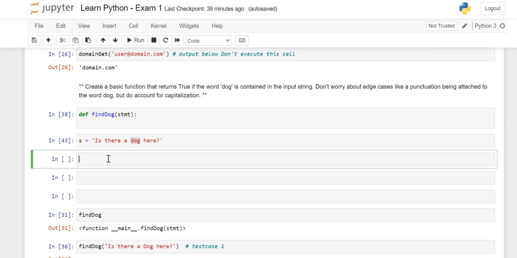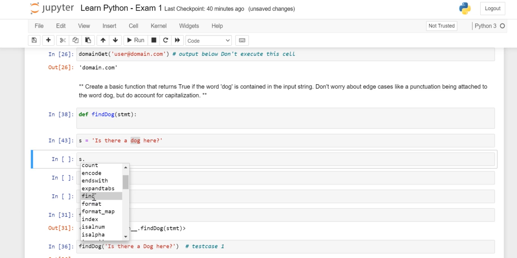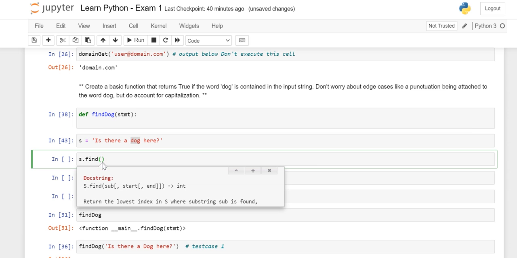Now we know the string methods, right? So if I want to check, is there any method available? Before writing your own code, always go and check all the methods and functions available. You will save your time. So I'll go and check. How to check? We know tab. This find looks pretty promising to me. Let's check the doc string. It's saying that you need to provide a substring and starting and ending indexes if you want, and it is going to give you an integer as a return type.